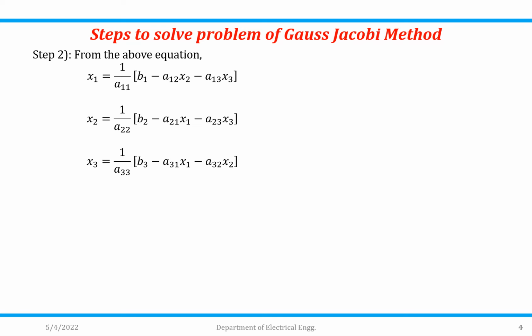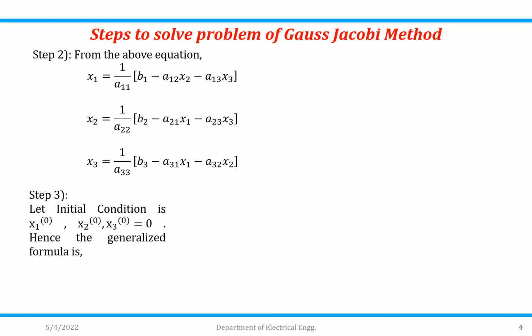From the above equation, we can write x1 equal to 1 upon a11 times (b1 minus a12x2 minus a13x3). From the second equation which was pivoted, we can calculate the value of x2, and from the third remaining equation we can calculate the value of x3. Let the initial condition be x1 raised to 0, x2 raised to 0 and x3 raised to 0 equal to 0. Therefore, we can write a generalized formula as